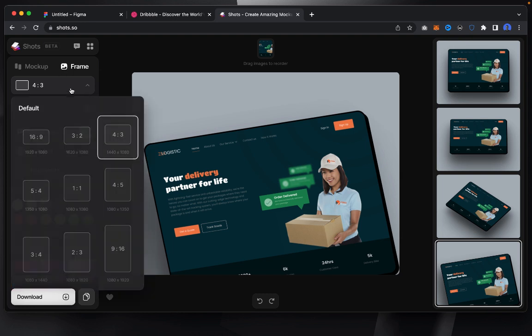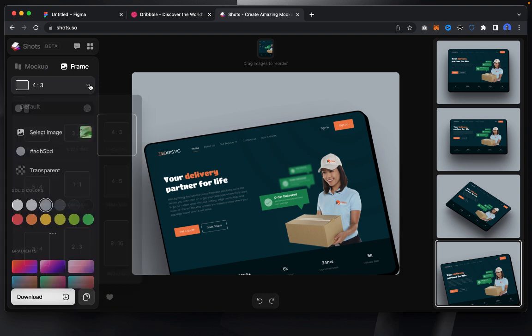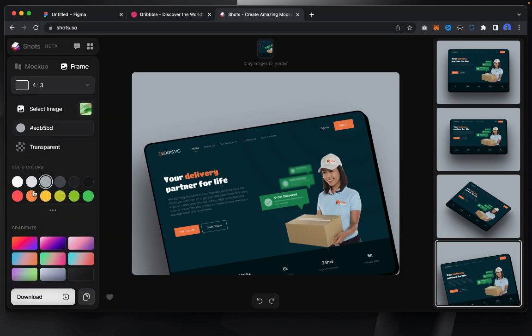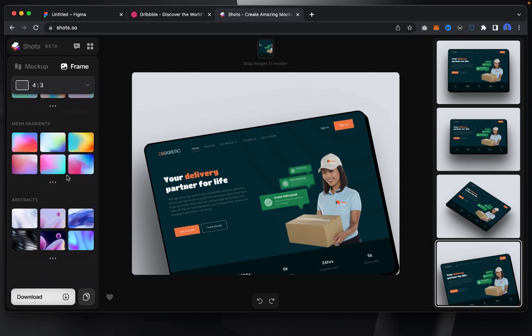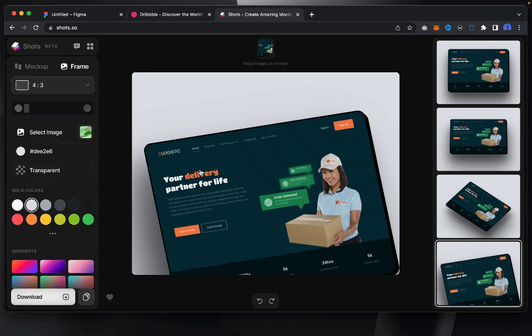You can also change the frame size. If you want to create the one for Instagram, you can do that right here. If you want to create the one for YouTube Shorts and co, you can actually do all of them right here. All right, so you can see so many colors. You can change the colors, and boom. So I can change it, and this is it guys on how to go ahead and create